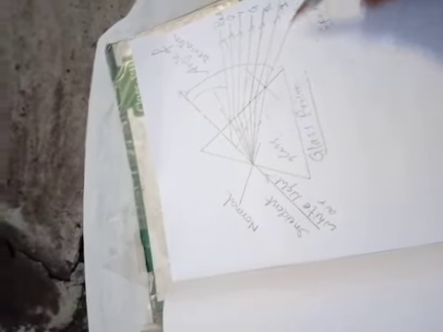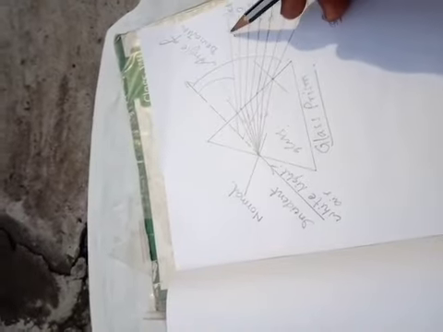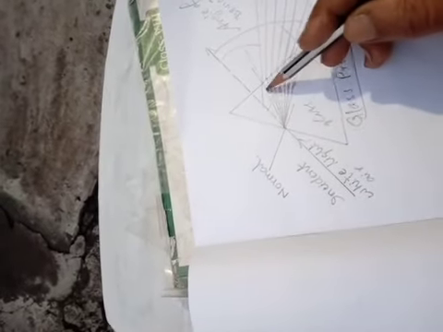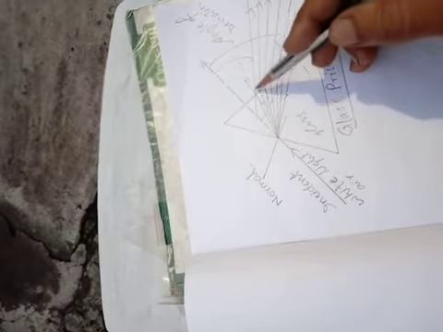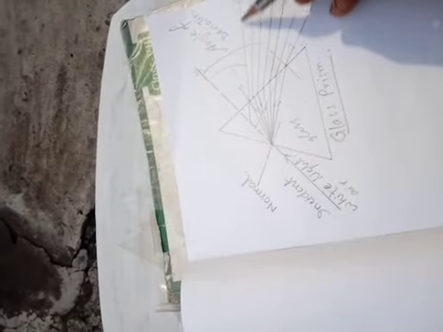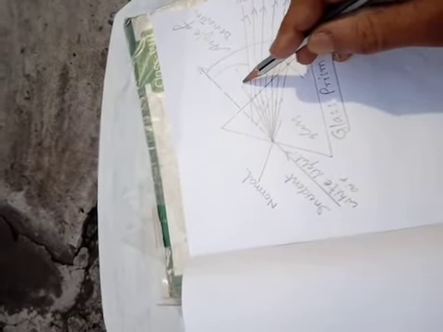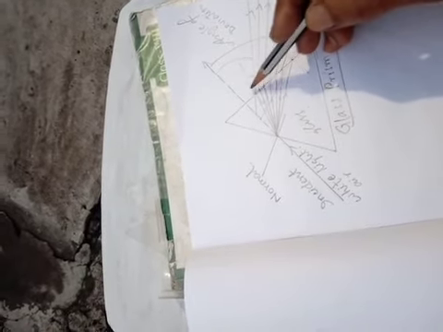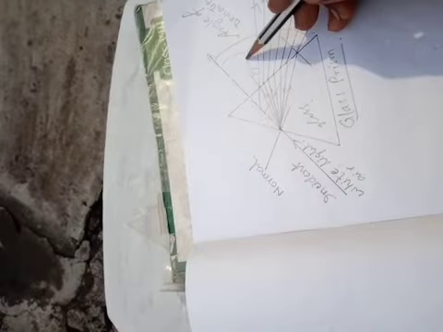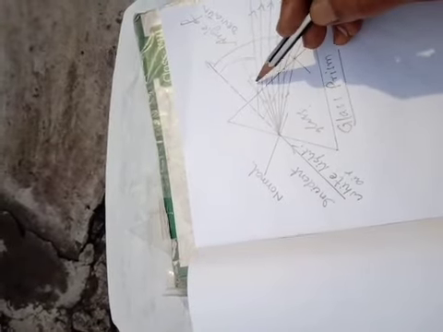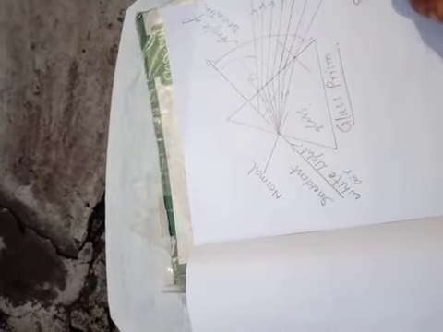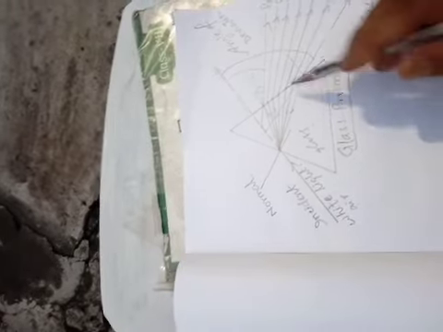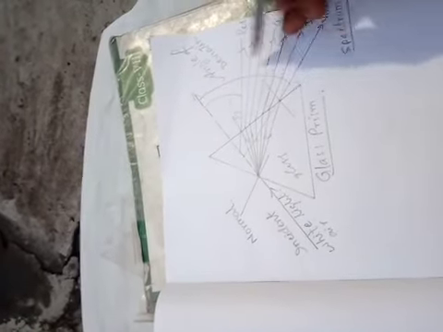Suppose this is violet, and the top one is the red color. Red will also undergo refraction. Draw a normal, this is the normal, and it will bend away from the normal. It is not going in its original direction, so it is bending away from the normal. What can you say about that? All rays after the second refraction are bending towards the base of the prism, and got separated out.